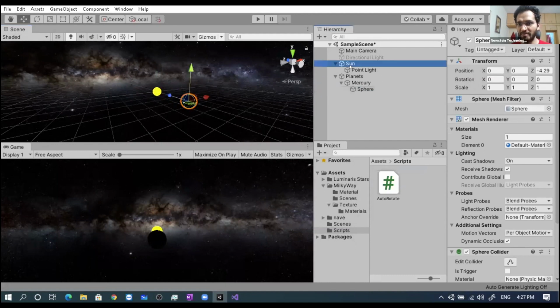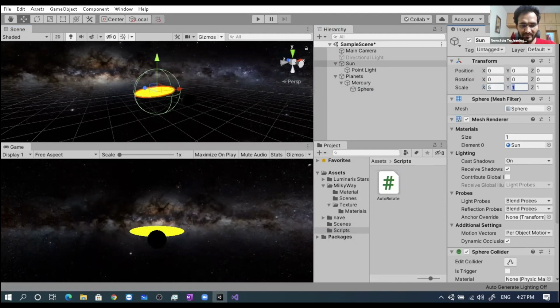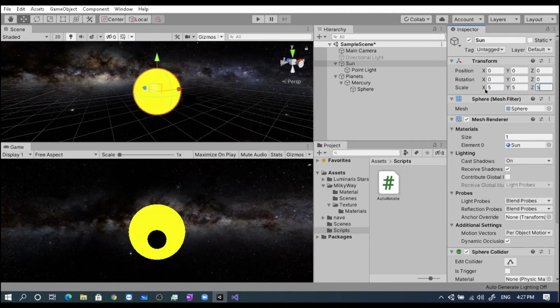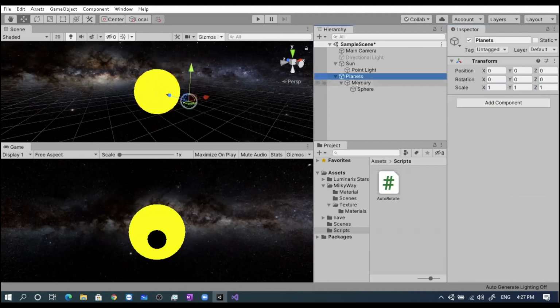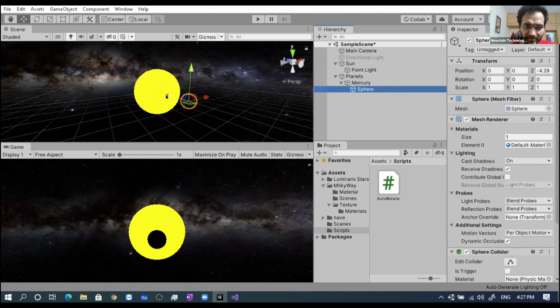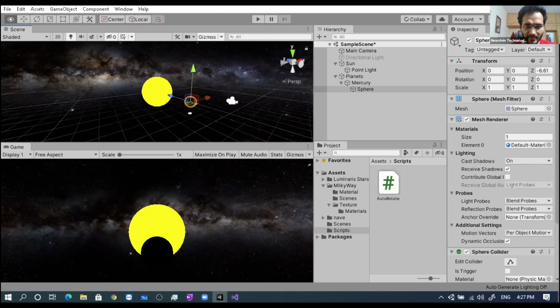And I'll make the sun size maybe 5. Okay. Planet sphere and this. I'll move it.